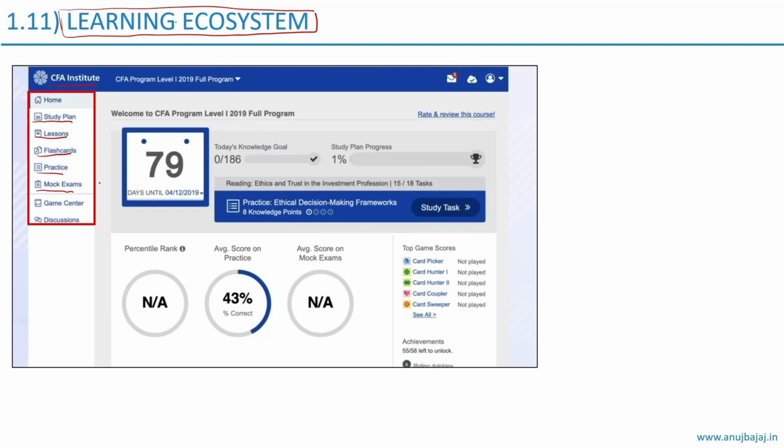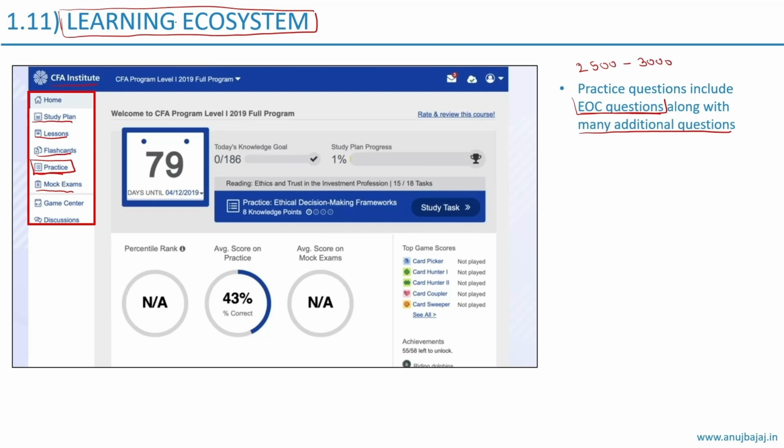But the most important tool that we are concerned about is the practice questions, which are on the learning ecosystem. These practice questions include end of the chapter questions, that is, the questions which are there in your curriculum. Along with those curriculum questions, you also have access to many additional questions. So there are roughly about 2500 to 3000 practice questions for CFA level 1, which you can access through the practice tool. And if you do these questions thoroughly, then it is more than enough for you to clear the